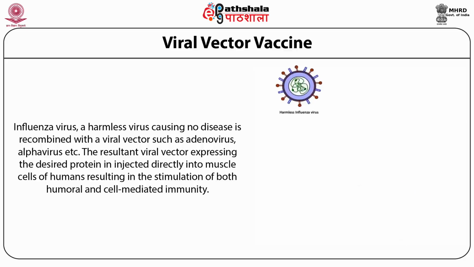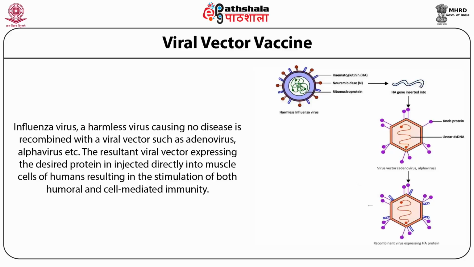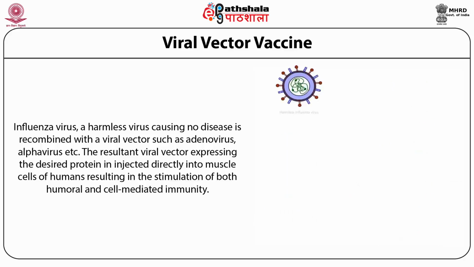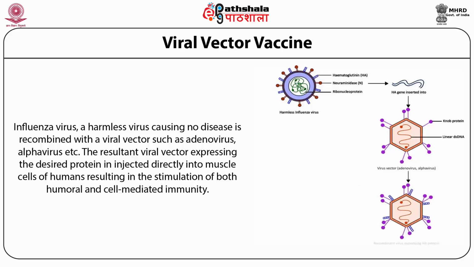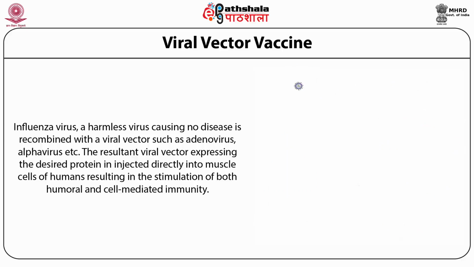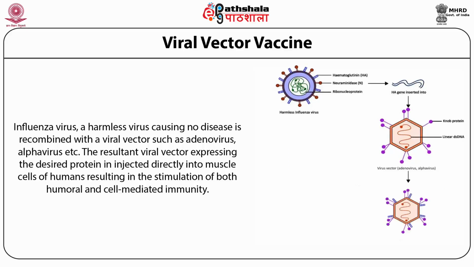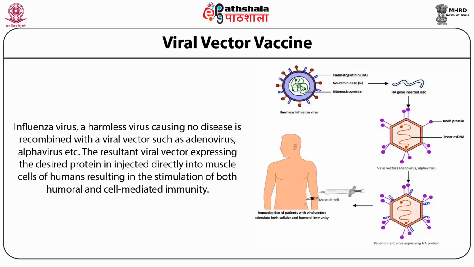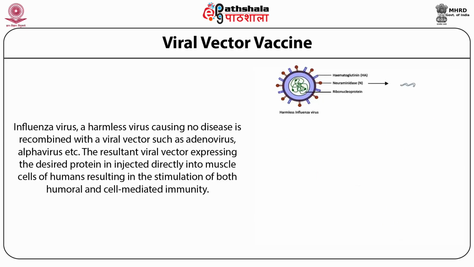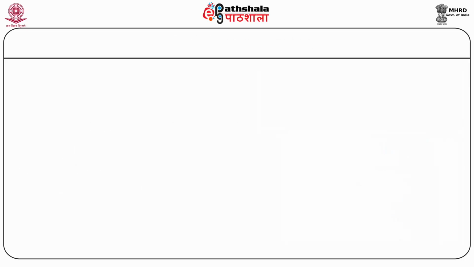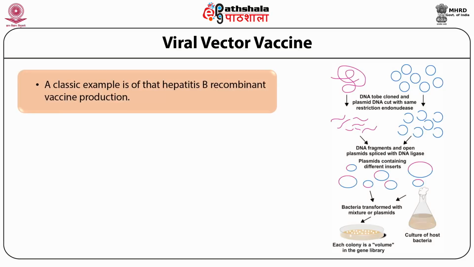The gene for hemagglutinin HA is inserted into the virus vector, which then expresses both the proteins of the adenovirus as well as the hemagglutinin HA of the influenza virus. Now, this is directly injected into the muscles of humans, which results in stimulation of both humoral and cell-mediated immunity. A classic example of using a vector is seen here, where